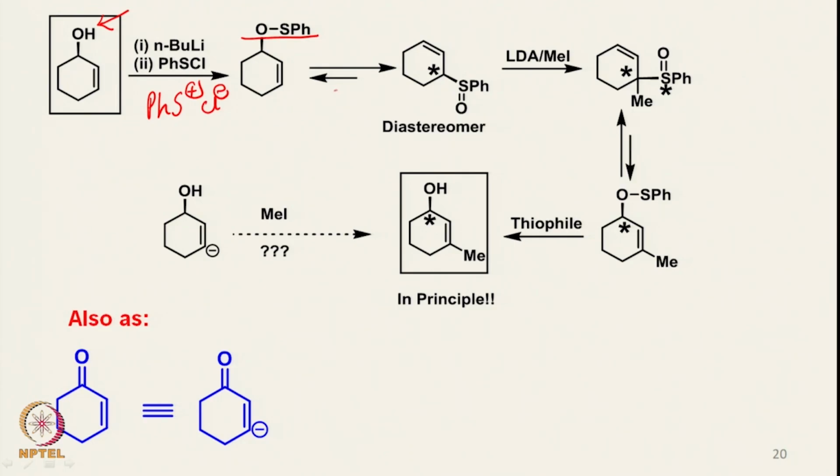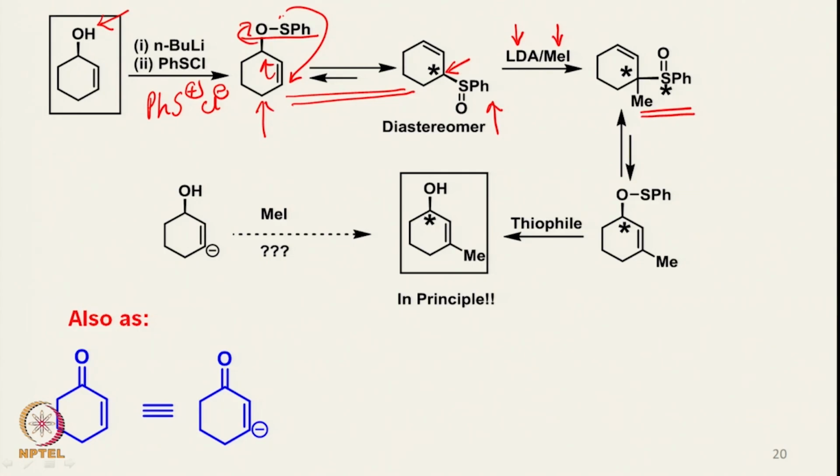Now this allyl sulfenate ester will be in equilibrium with the allyl sulfoxide. This is the sulfenate ester and this is the sulfoxide. Therefore this reaction will occur in this fashion to form the sulfoxide. Now this center is of course a symmetric center, and you can do the deprotonation of this proton with LDA, and say for example you add an electrophile such as methyl iodide, and then one can form this